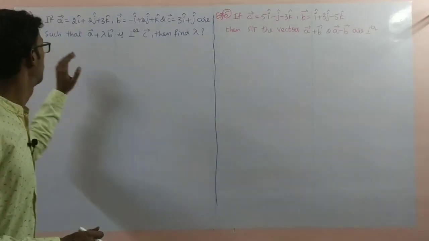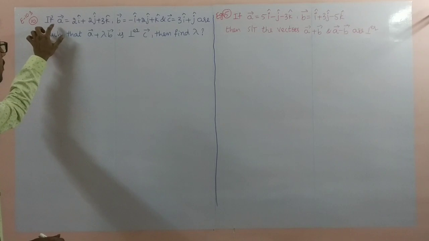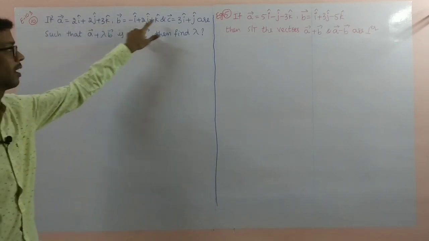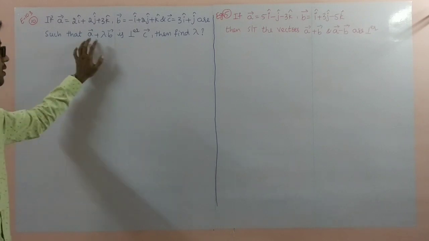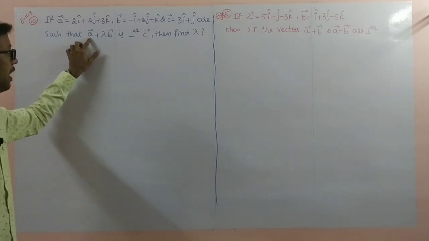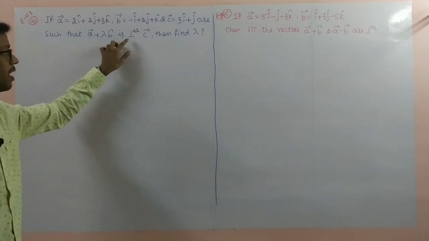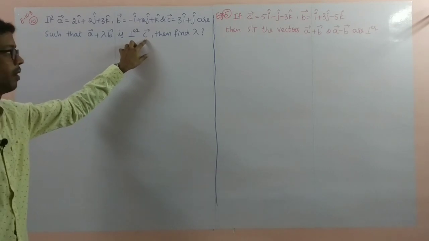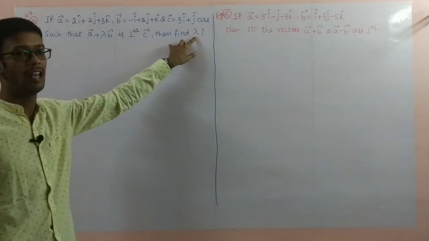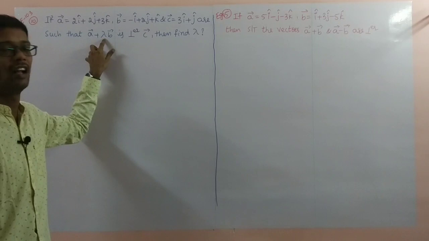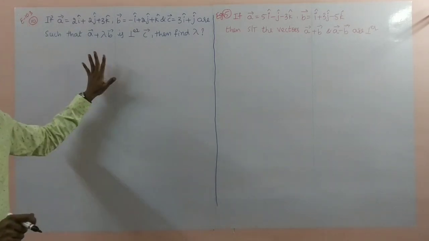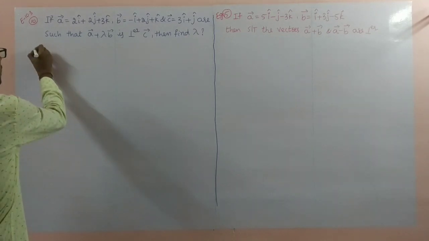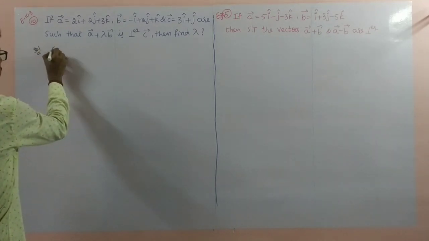Now problem number 10. If A bar, B bar, C bar are three vectors such that A bar plus lambda B bar is perpendicular to C bar, then find the lambda value. For that purpose, first of all, we have to write the given things. Solution, given: